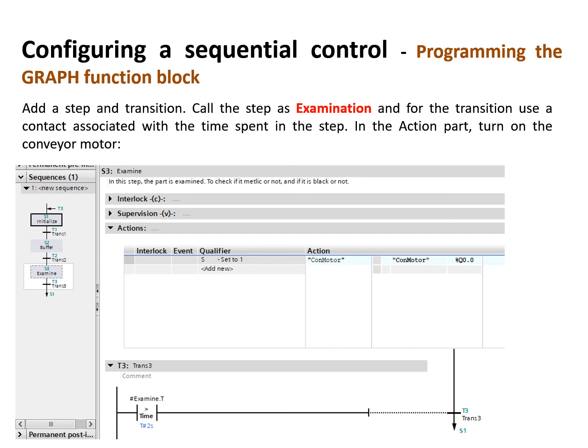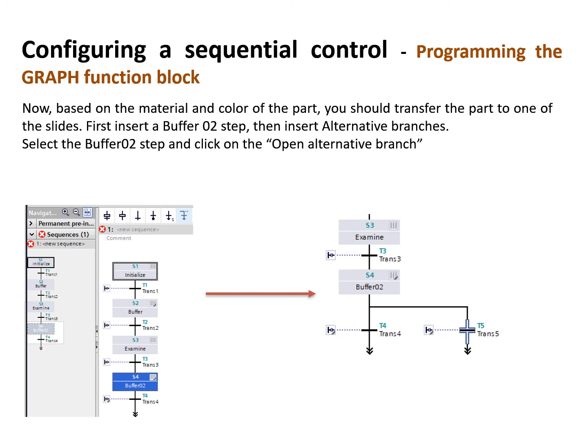For how long are we willing to keep this conveyor running? For 2 seconds. So after 2 seconds, we will move forward. However, since we set that conveyor, it will stay on. Now, based on the material and the color of the part, you should transfer the part to one of the slides. First, insert a buffer